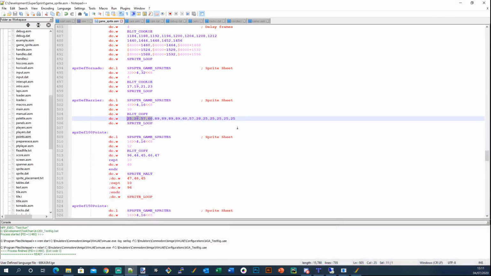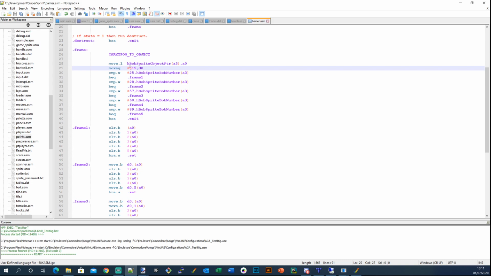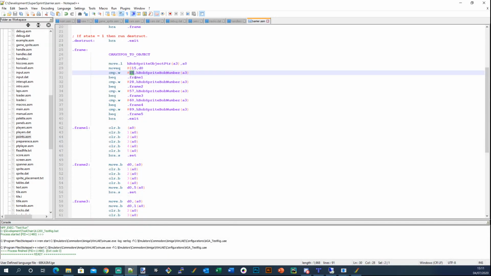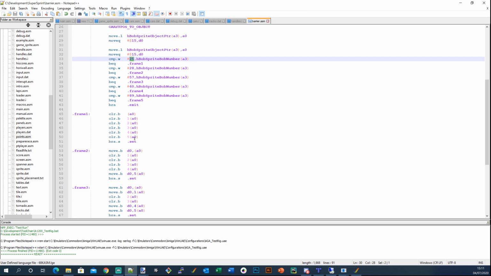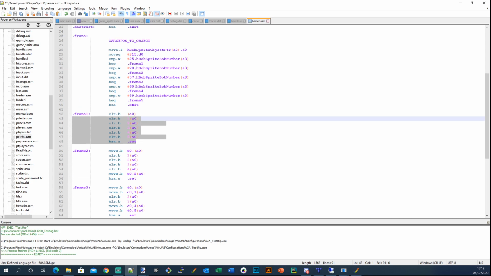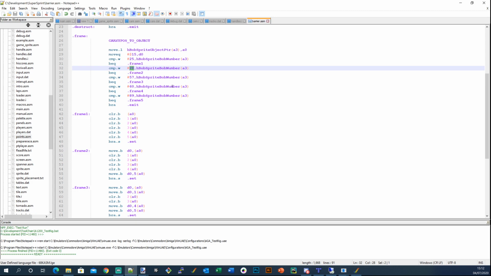And what I'm doing is I'm just saying, for each of the frame numbers that appear, if it's frame number 25, for example, which is that one there, as you can see, then what I do is I jump to frame 1, and there is no collision that needs to happen, so I'm clearing all of the bytes in the collision table. However, if 28 is shown,